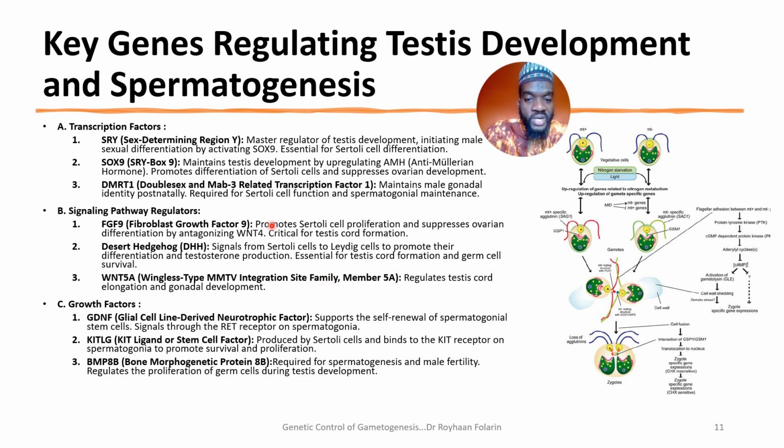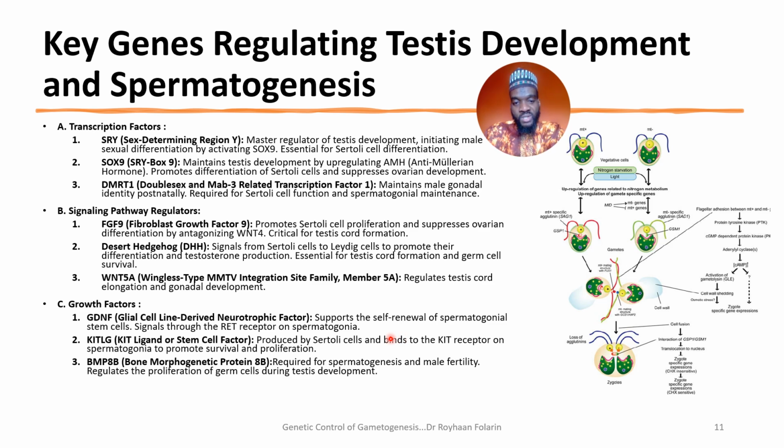We mentioned Wnt4 earlier, and here is Wnt5 in the male spermatogenic signaling pathway regulation. And this stands for wingless-type MMTV integration site family member 5A, which regulates testis cord elongation and the development of the gonad. And then the third category, which are growth factors, referring to genes that promote cellular growth and differentiation. Chief examples are the GDNF, that's glial cell line derived neurotrophic factor, which helps to support the self-renewal of